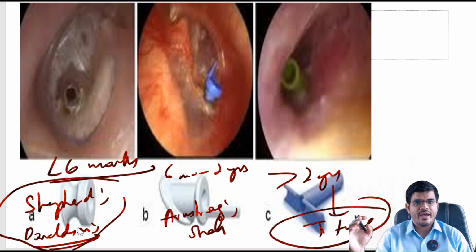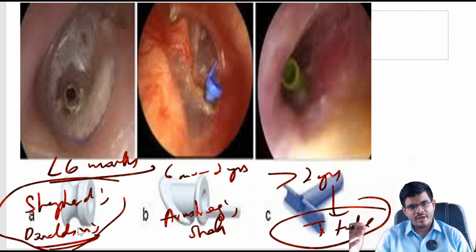For that, we will be giving a steroid spray. Steroid spray is given for a long duration, and along with that, antihistamines and decongestants will be given. And even after that, if it is not resolving, for 3 months we will be using a steroid spray. And even after that, if there is no resolution of the otitis media with effusion, you will have to go